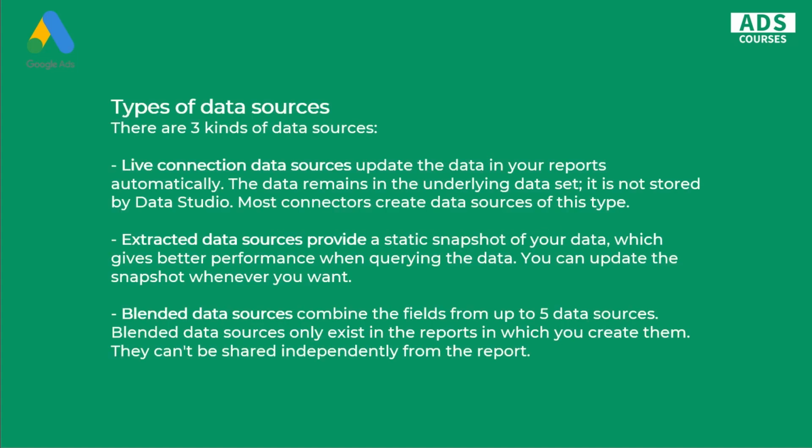And there are also three kinds of data sources. The first one, the most common one, is the Live Connection data source. They update the data in your reports automatically. The data remains in the underlying data set. It is not stored by Google Data Studio. And most connectors create data sources of this type. Because, for example, if you use a Google Analytics data source, the data is not stored in Data Studio, it's actually